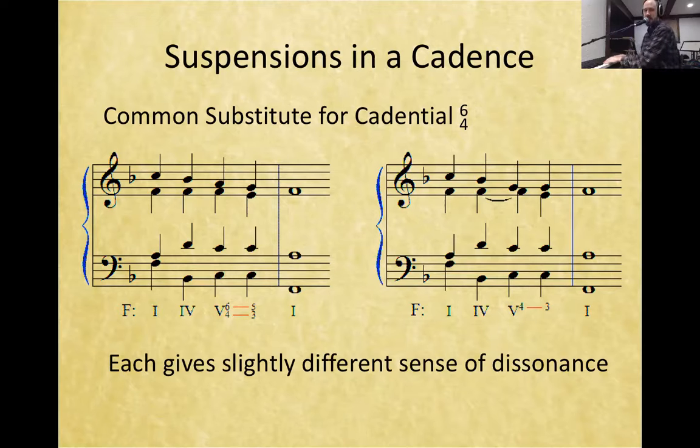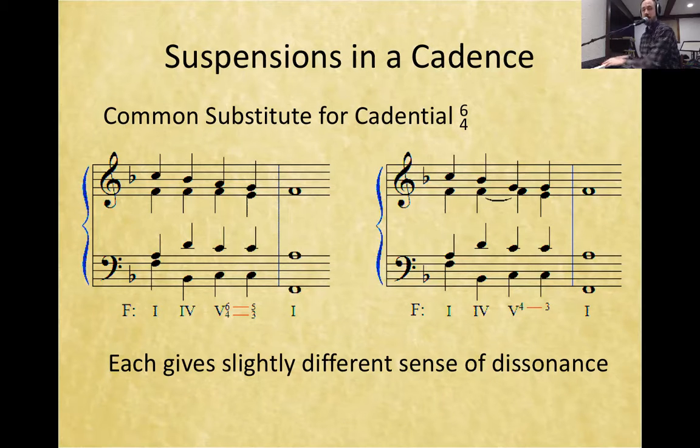Now, I'm going to play the cadential 6/4 one more time, the left example. Right? Now, here's a cadence with a suspension instead. So that alto line, which is here on do, ba, da, da, da. See how the alto line is going from a 4th above the bass to a 3rd above the bass? That's a suspension, right? That's a 4/3 suspension, because F is a 4th above the bass,